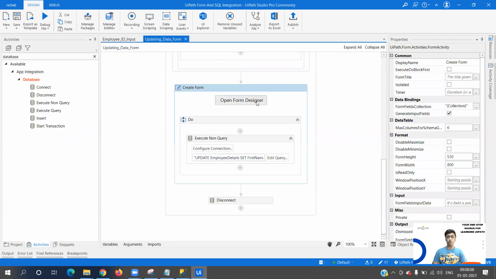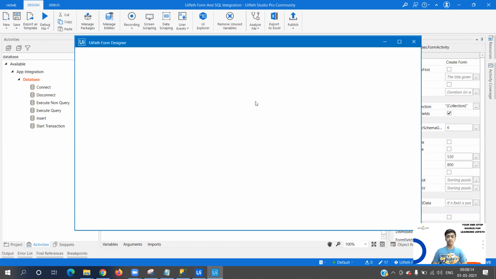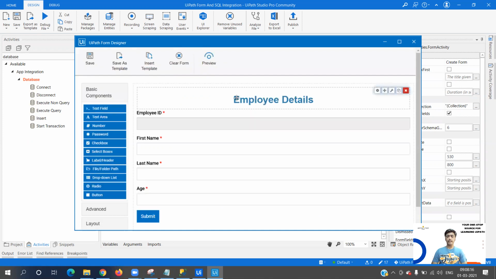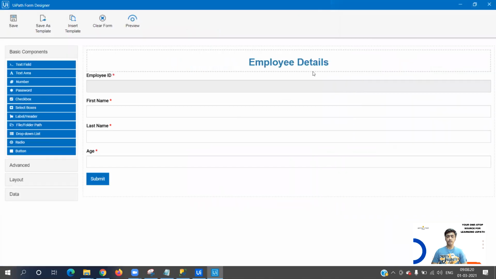So let me first show the design that we have created for this particular form. Again, the up one is the content as I showed in the previous form. Now if you see, the employee ID field is disabled because this is the unique value that we are taking to either select the data or update the data. So this cannot be changed, right?